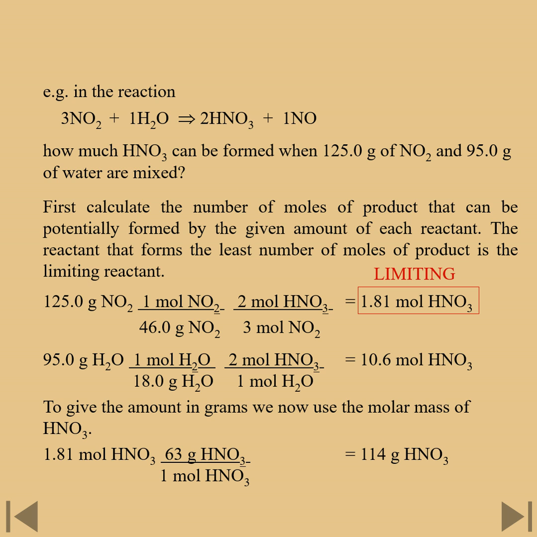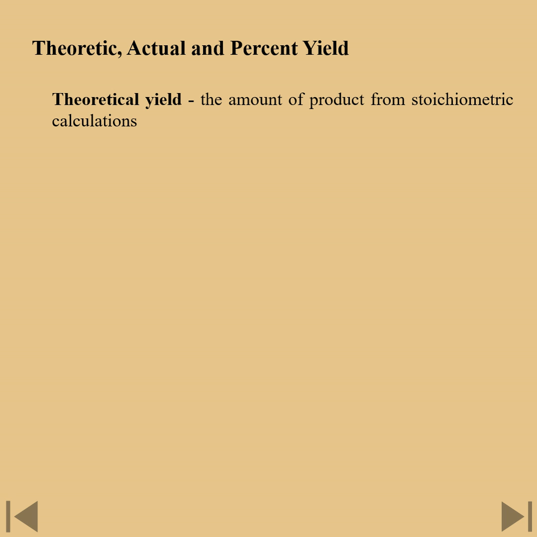Okay, now we're ready for theoretic yield, actual yield, and percent yield. First, what we've been calculating is the theoretic yield. So this is the amount of product from our stoichiometric calculations. So that amount of nitric acid that we just determined, that would be the theoretic yield from those two quantities of reactants. So the theoretic yield is something that we calculate, and most of our work ends up going to